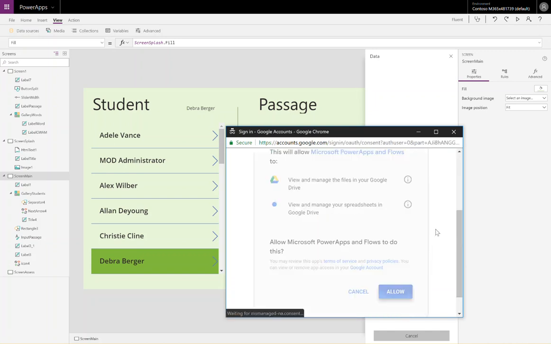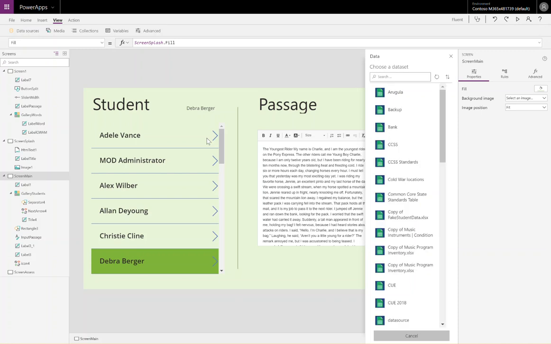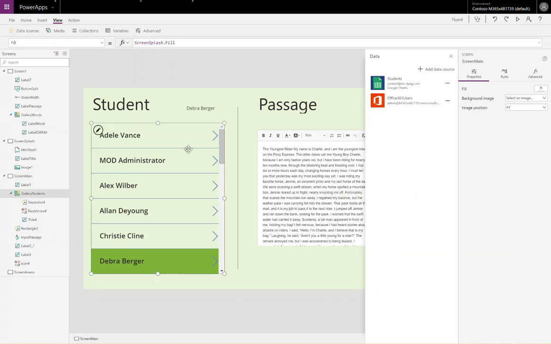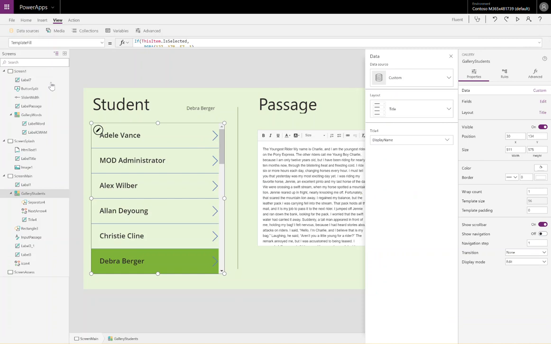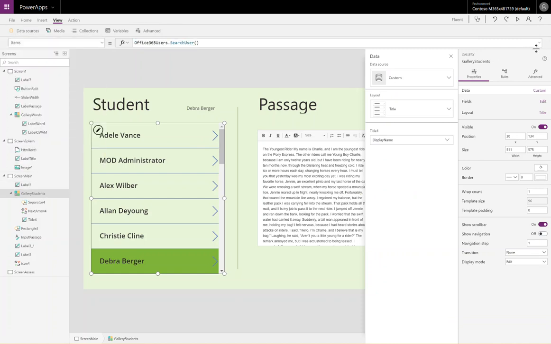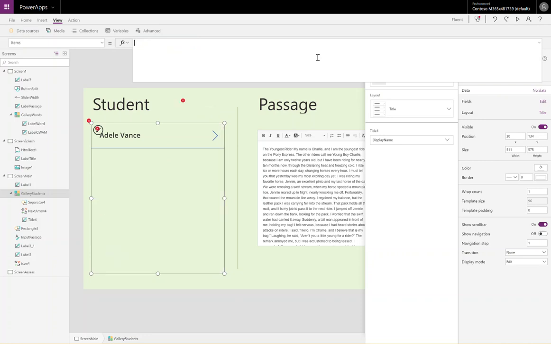Allow the permissions. I'll add those students. Select the table of the students. Connect. Going back to this gallery, right now the items property is set to that Office 365 users connector. If I change this to students, the name of my table,